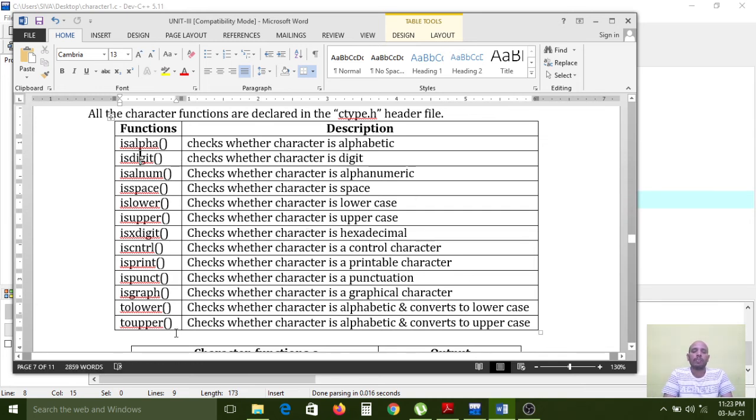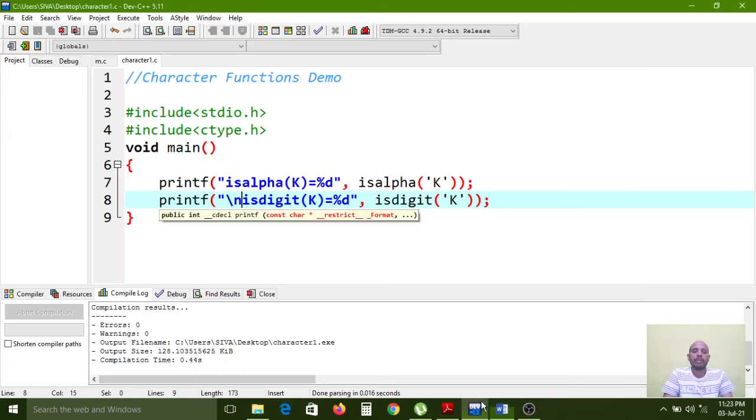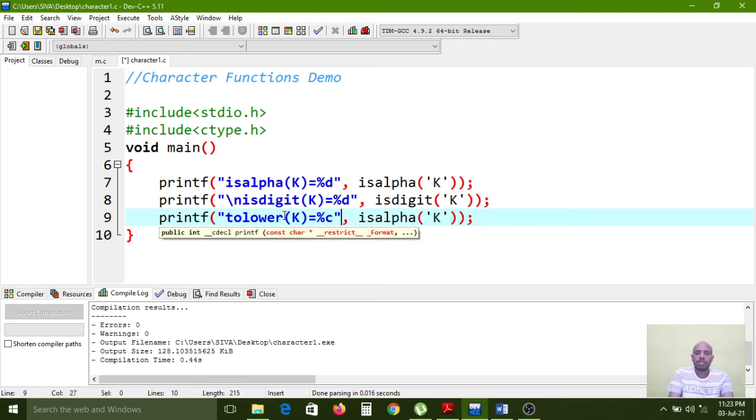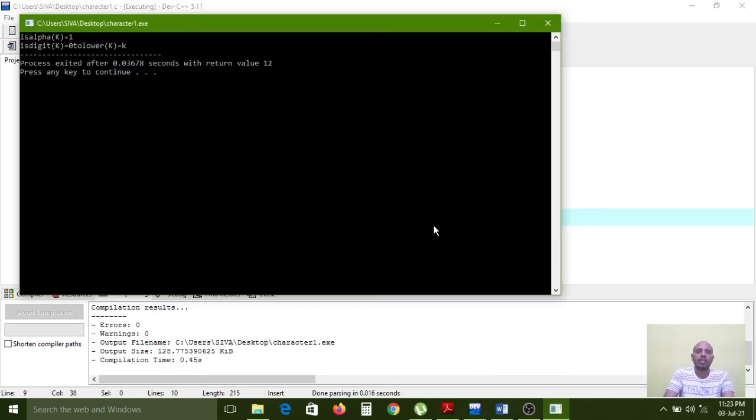Here there are two functions, to lower and to upper. These two are different. Now again I am pasting one more time here the print function, to lower. Here I am passing a capital letter to to lower. This to lower function will convert this capital letter to a lowercase letter. So for the conversion purpose we are using these functions.